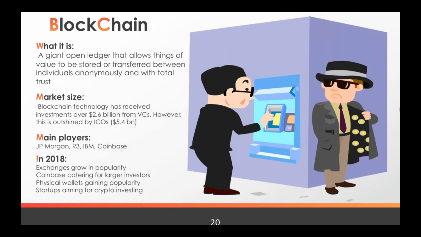We can see that Coinbase is looking to work with larger investors. And we're seeing that a lot of companies that were initially focused on payments are moving on to crypto investment, as they are seeing that the industry is still not so mature to transact. This is mainly because there's a lot of volatility in place.